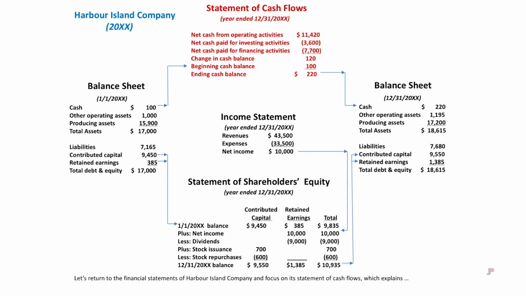In this video, we provide more detail about the statement of cash flows. Let's return to the financial statements of Harbor Island Company and focus on its statement of cash flows, which explains how Harbor Island's $100 cash balance at the beginning of the year became a $220 cash balance at the end